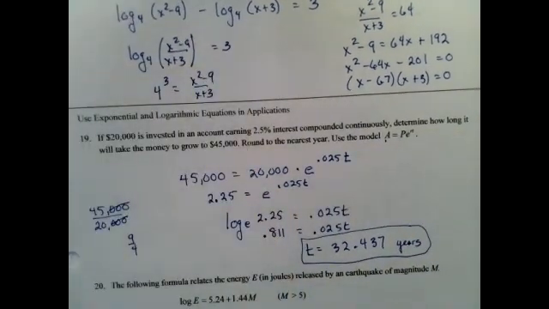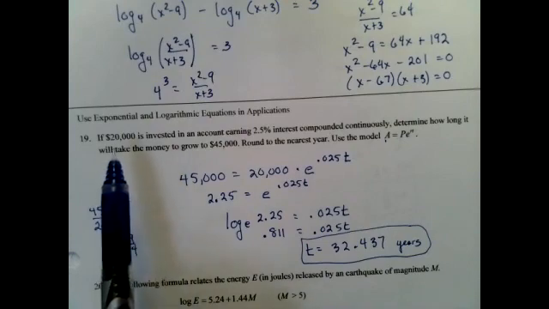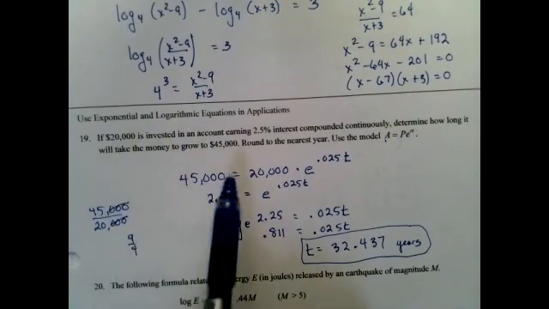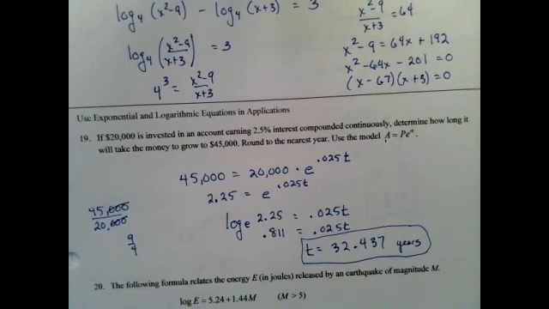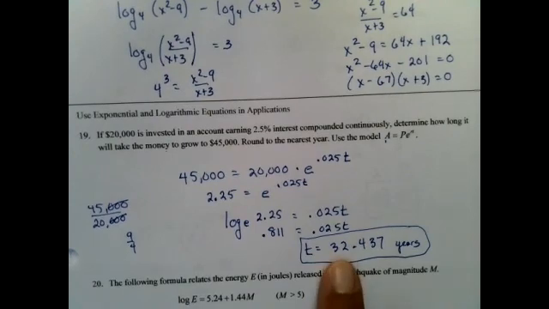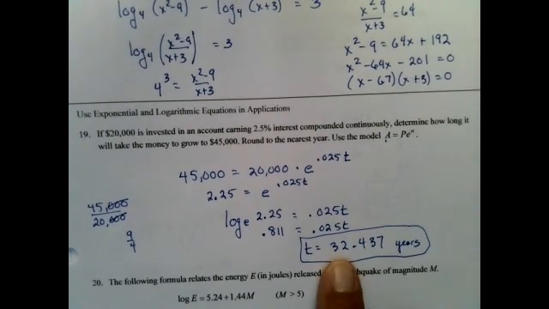We all have $20,000 laying around that we can invest so it becomes a whopping $45,000 in 32 years. That's a legitimate answer, 32. It wasn't 6,000 years. It wasn't 0.4 years. So a little estimation, common sense skills come into play there. All right, any questions? Any questions? Okay, we have